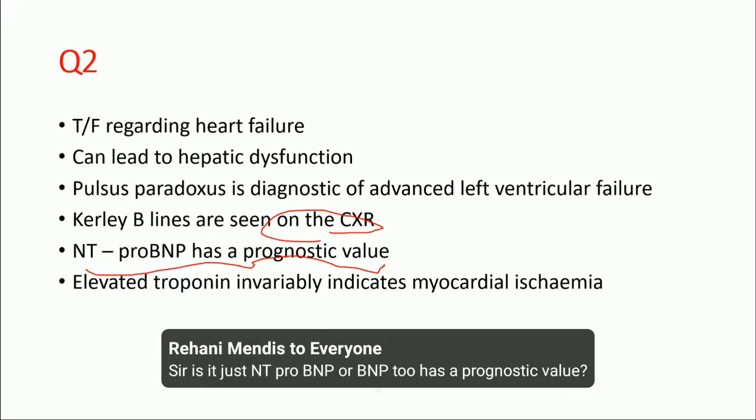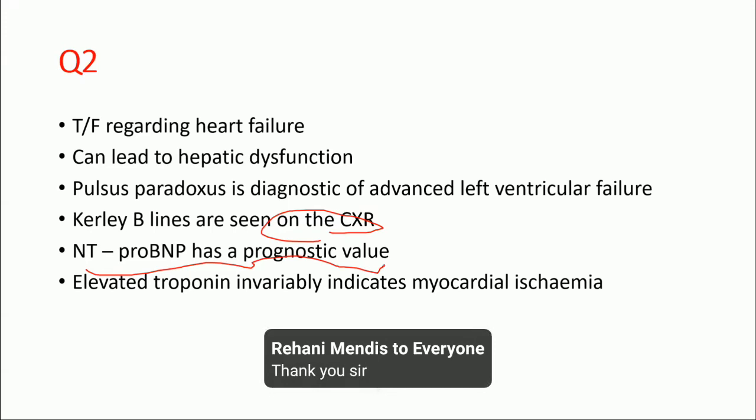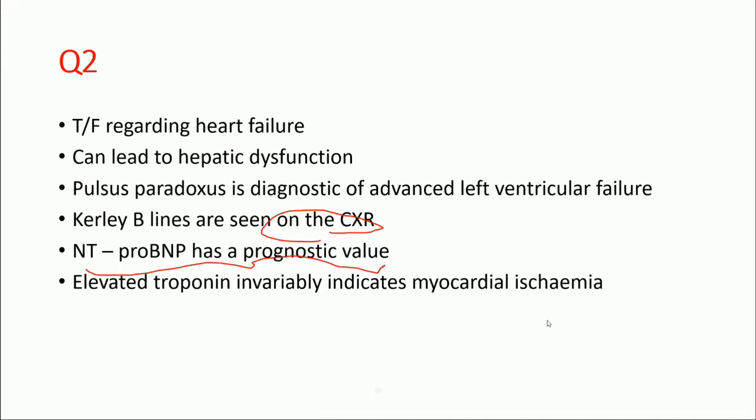So BNP we don't usually measure because it's difficult to measure. So NT-proBNP, proBNP, everything has a prognostic value. If you are measuring the BNP, again it has a prognostic value, but we don't measure it because of technical reasons, right? We can't measure it. Okay. So elevated troponin invariably indicates myocardial ischemia is wrong because even this myocardial stretch and strain can also elevate the troponin, right? So be very, very careful when you're interpreting troponin in patients with advanced heart failure,